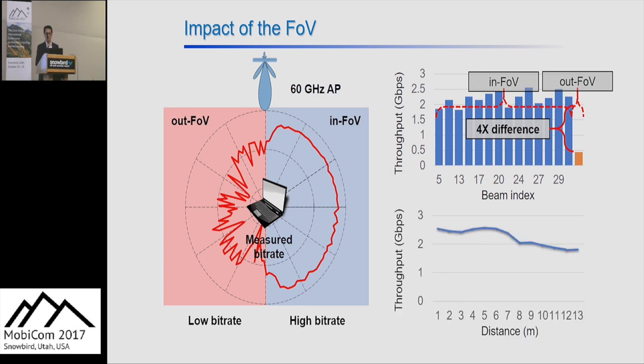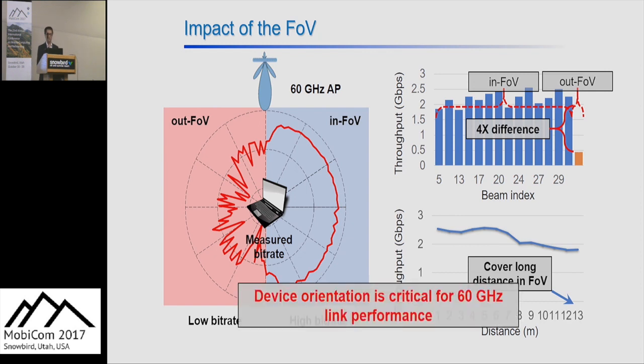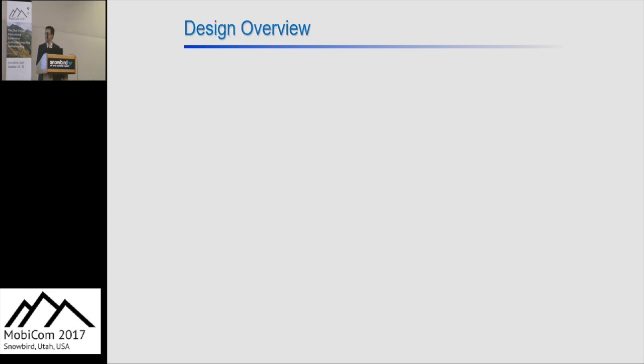We also measured the link throughput versus the link distance. We found the current 60 GHz link can sustain a relatively high throughput, even up to 13 meters. So the above result indicates the device orientation is more critical than the link distance for the 60 GHz network performance. To address this problem, we propose a system called PIA, which can enable